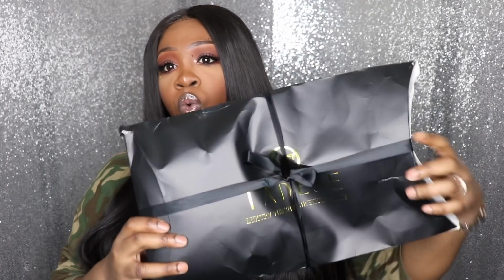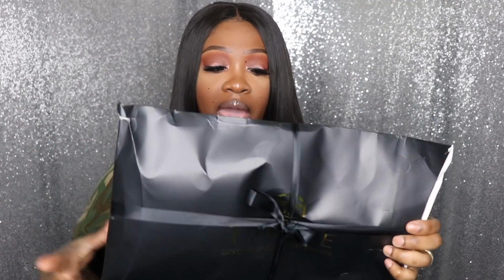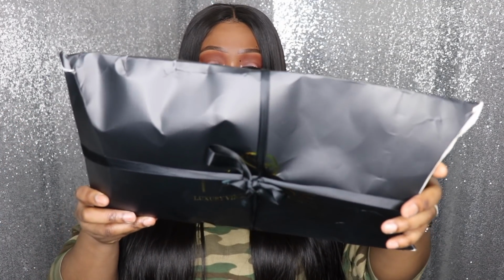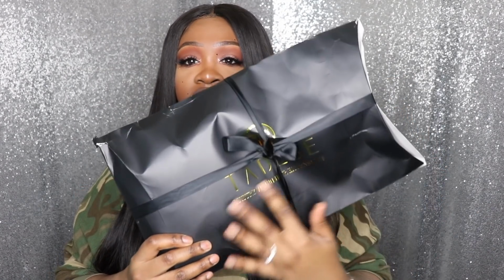Okay, so really quick, I'm going to show you the packaging. It did come from Canada, so it is a little beat up. Just excuse that. But this is what the packaging actually did look like. It's very nice packaging. It says Tadese luxury virgin hair extensions. It has this pretty little bow right here. Everything is written in gold. So this is how it is packaged inside,